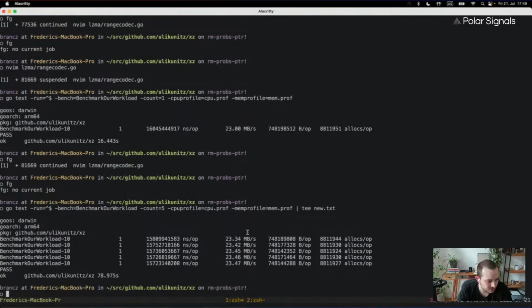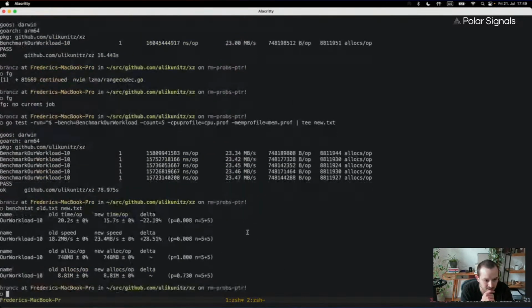All right, so let's first compare it. So we see a 28. Okay, so let's rename this to new no pointer,